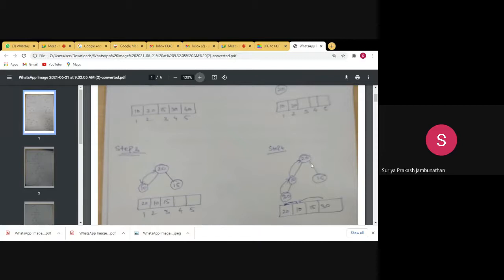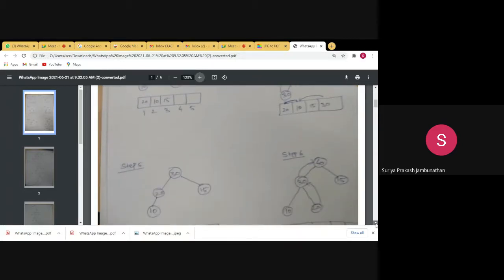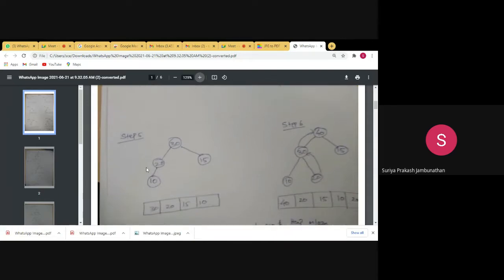Okay, let's see after doing this comparison process, what tree we will get. So you can see the tree in step 5. So 30 goes to the top and 20 comes one step down and 10 comes as a leaf node. Okay, so as of now, the tree will be like this: 30, 20, 15, 10. So this is the tree structure as per the given elements. We added only 4 elements. If you add further elements, our tree structure will be modified.